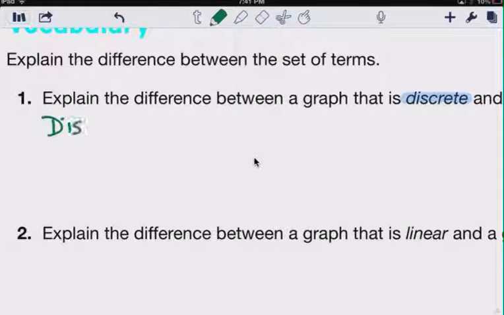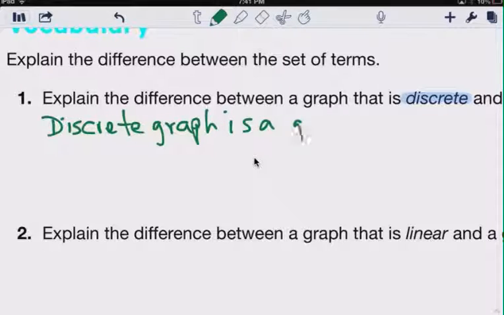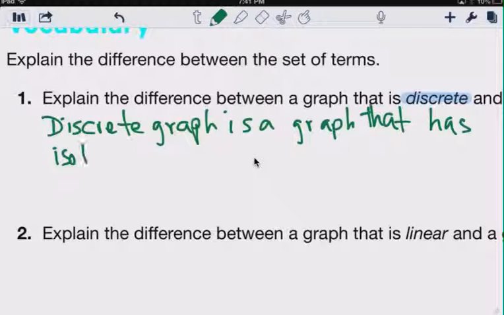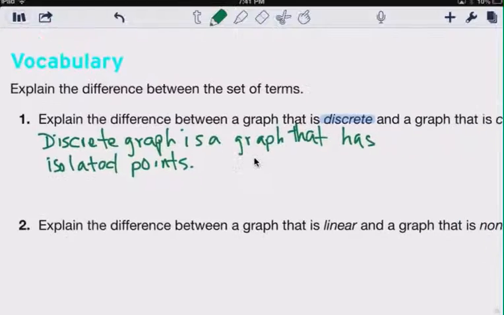Discrete graph. Now I want complete sentences. A discrete graph is a graph that has isolated points. Okay, make sure it's isolated points. While a continuous graph